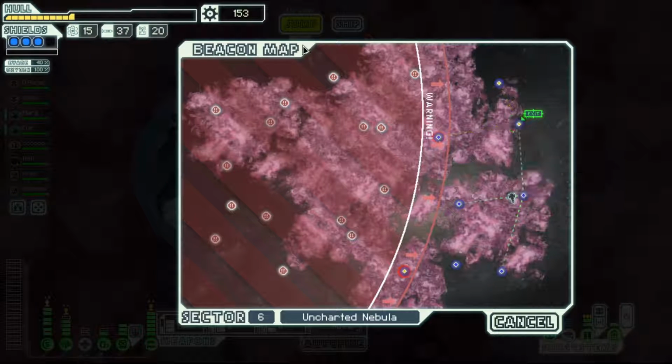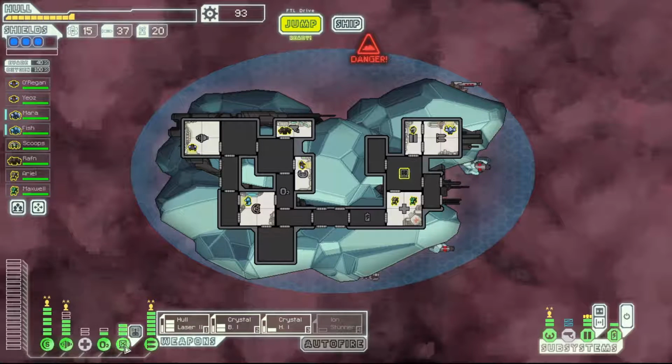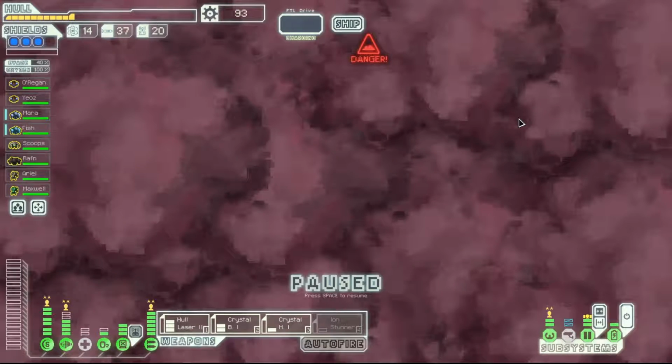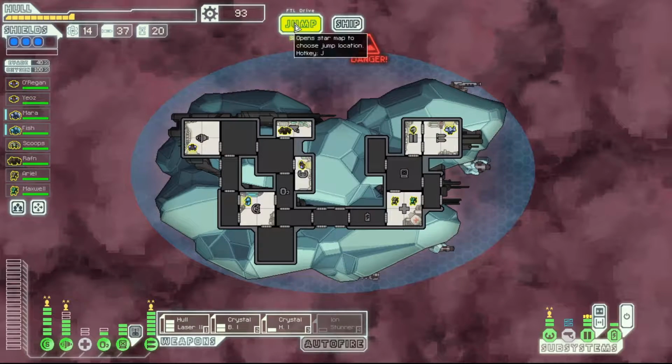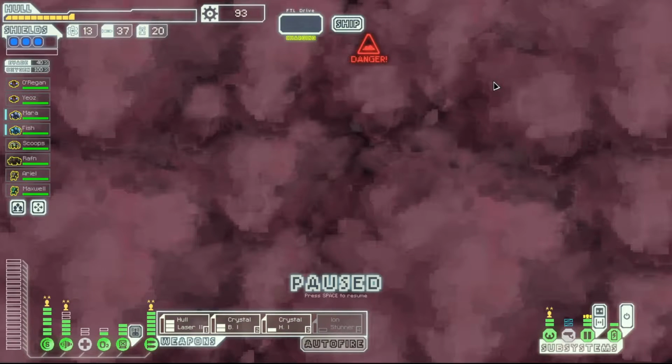We have 153 in the bank, and nothing really to spend it on unless we wanted to get some more dodge chance, so why not? We have backup battery power that we haven't been using, so let's use it. And 6 engine power is not the minimum, but it's where I would like to be at the minimum, so